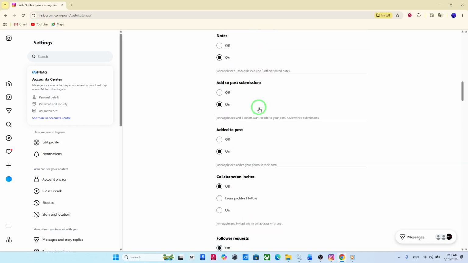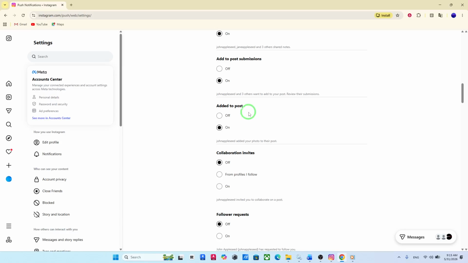Scroll through the list until you see Add to Post. This is the setting that controls whether Instagram notifies you when it's time or relevant to add your photo to a post. Under this option, select